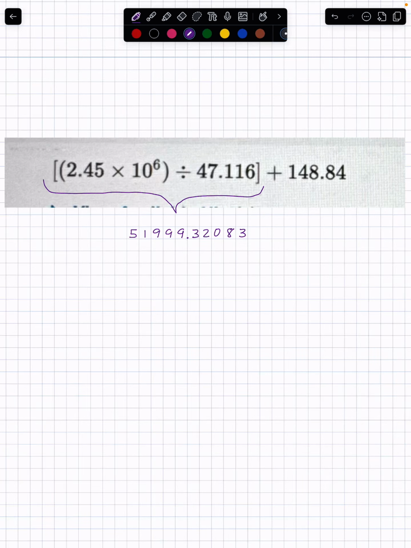This is a little tutorial to help you understand how to do sig figs with mixed operations. This is an example from someone's homework problem that they asked me about. So we've got,